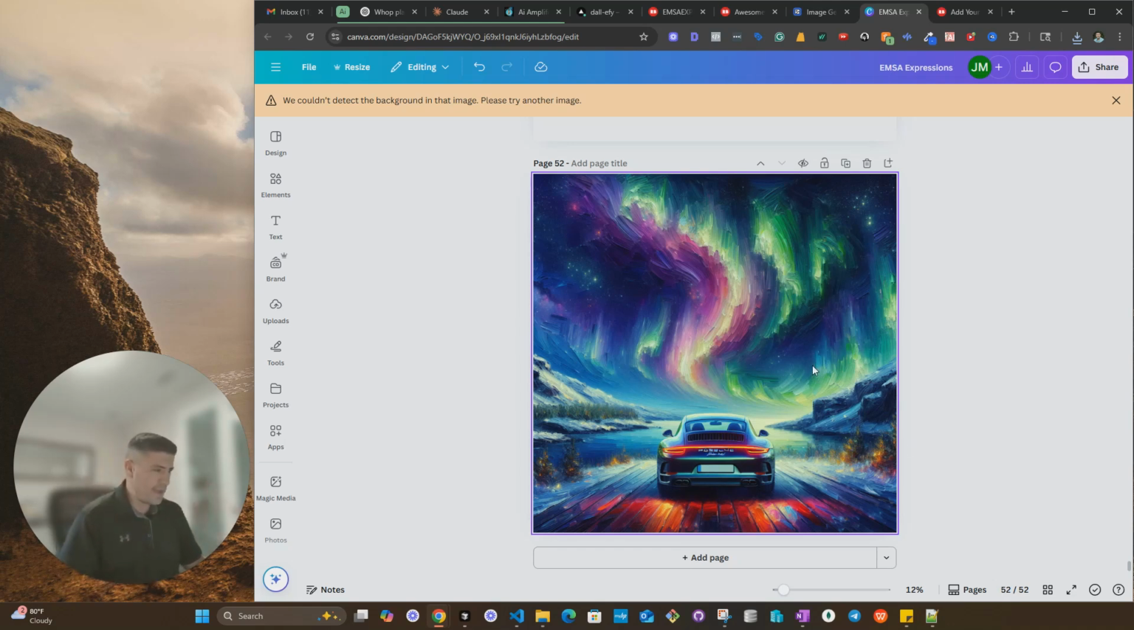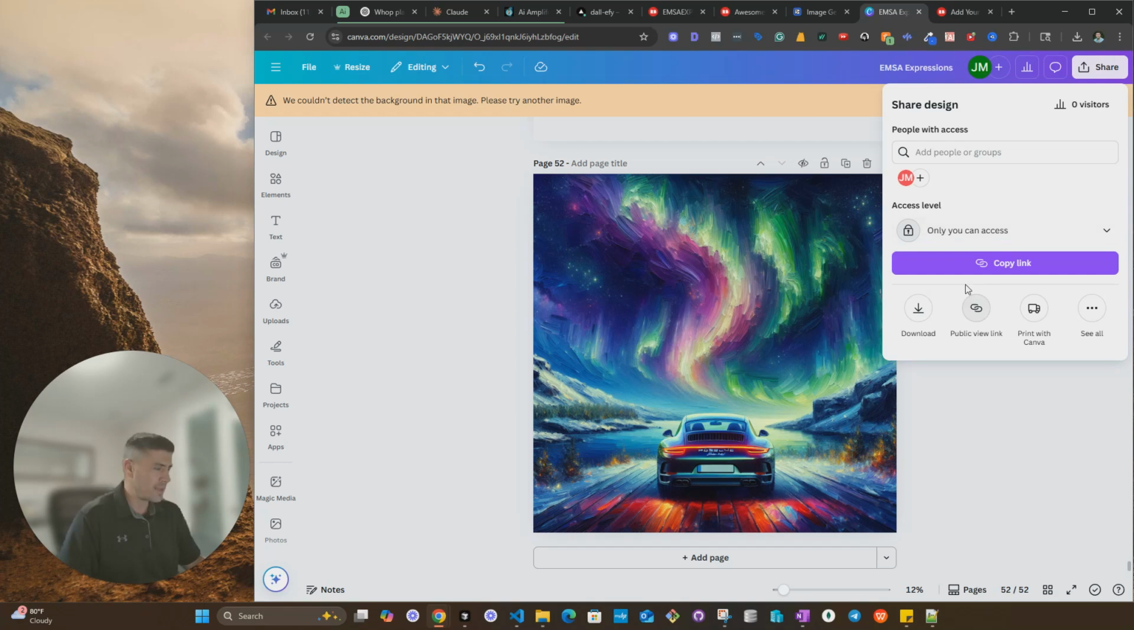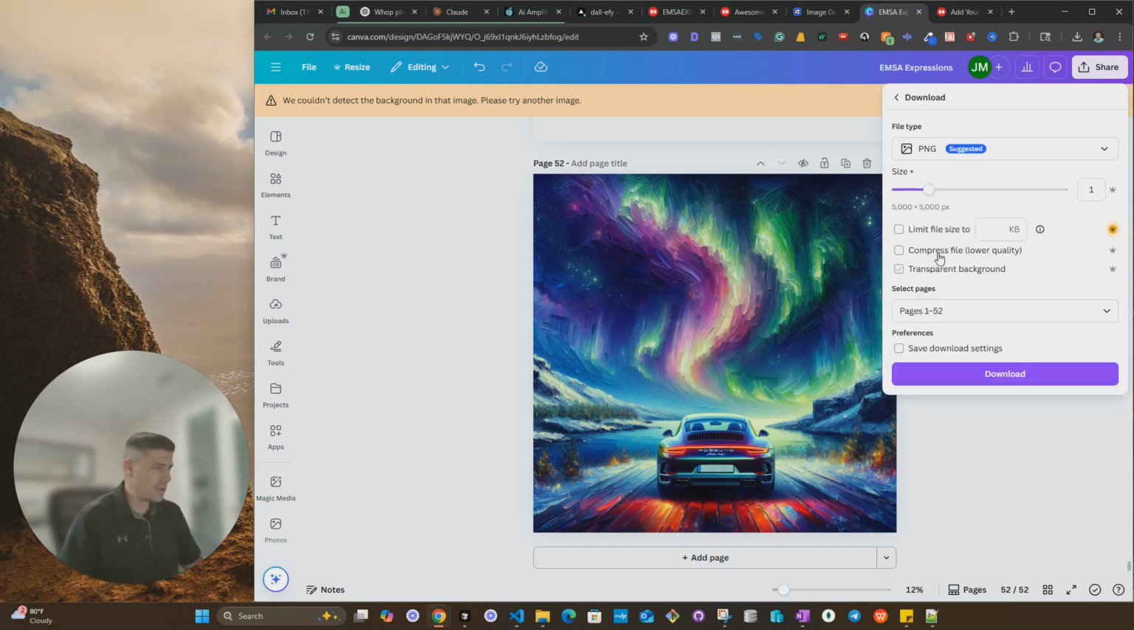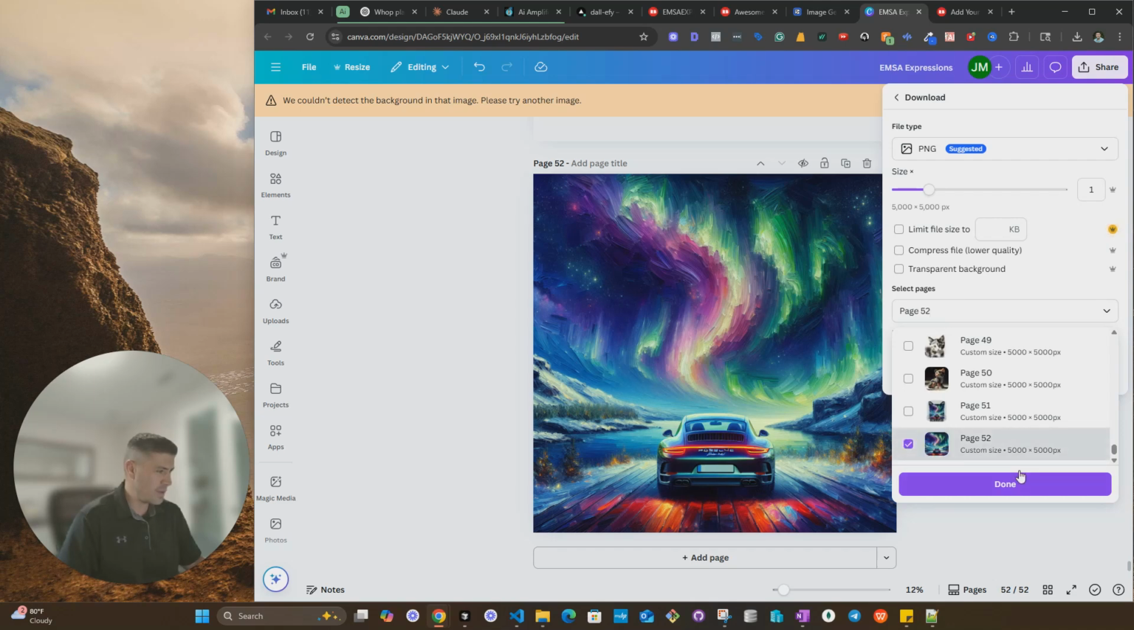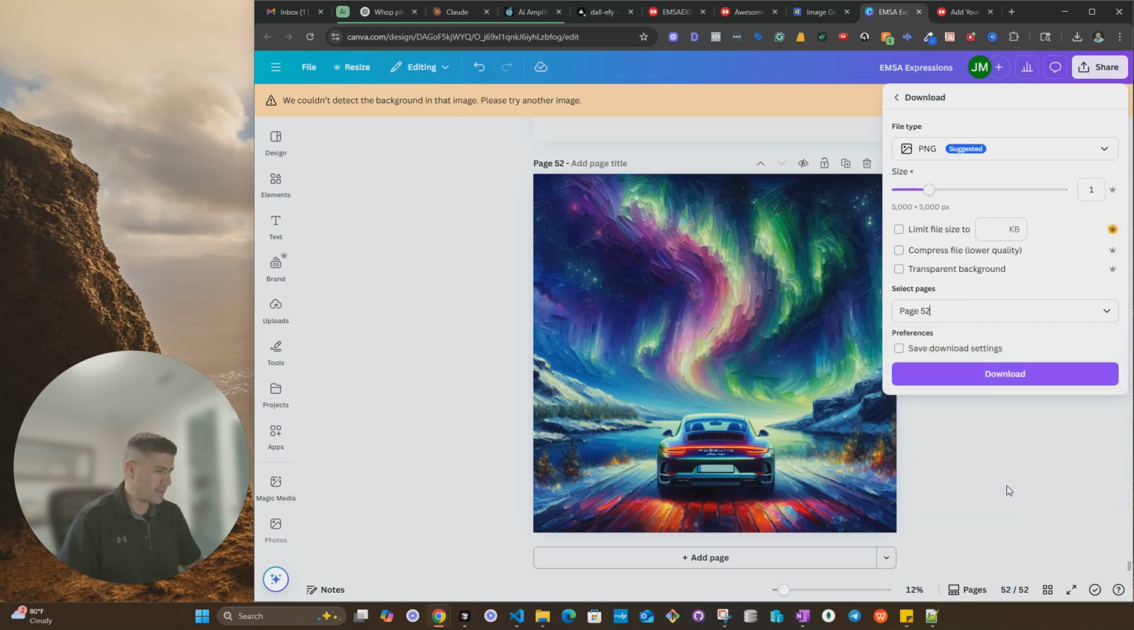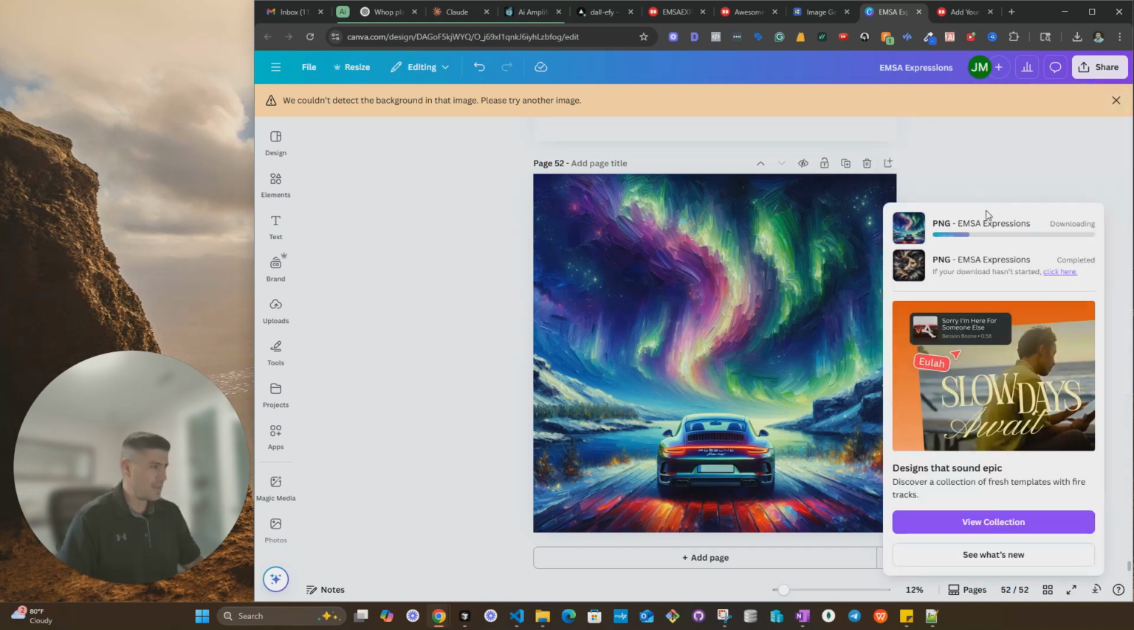Okay, then I actually like this image, so I'm just going to work with this image, and I'm going to go ahead and say download. I already had another image downloaded, but I like this one, so I'm just going to download. It's going to be page 52, so I'm just going to do 52. As you can see, it's 5,000 by 5,000. I'm going to do download. I'm going to wait a little bit, and it should give it to me